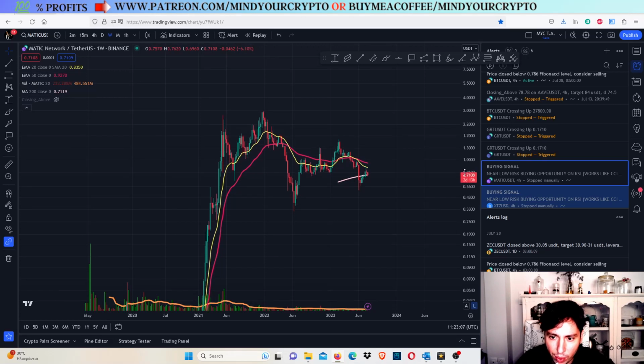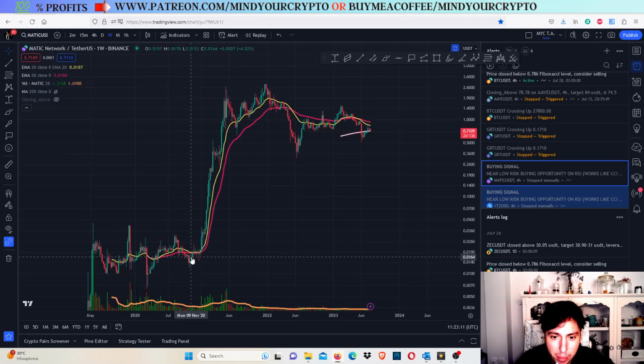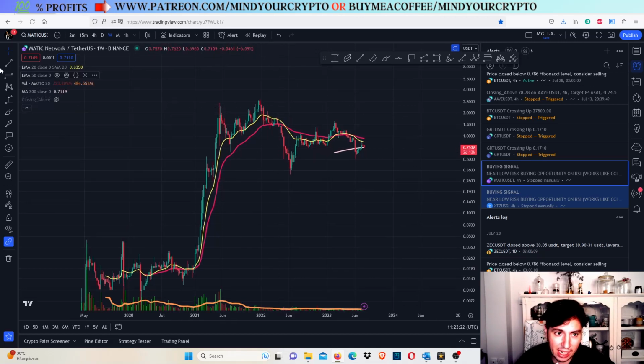Right now though, what we want to see is, what are we going to do? You can see that back then it was sitting at 0.102003, and right now it is sitting at the 0.7. So even if we had the bearish cycle for Matic, it still withstands a very good chance. Actually, it has been pumping a lot since, and of course during this period of the bearish cycle it has been outperforming most of the altcoins.